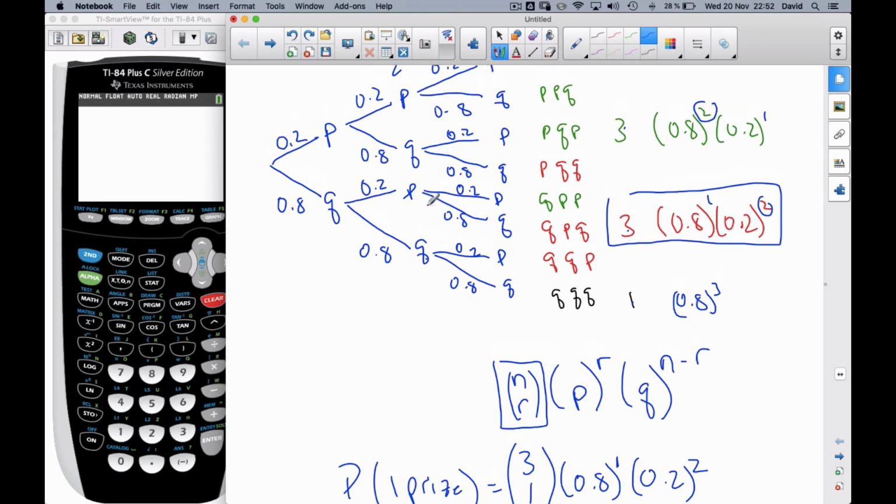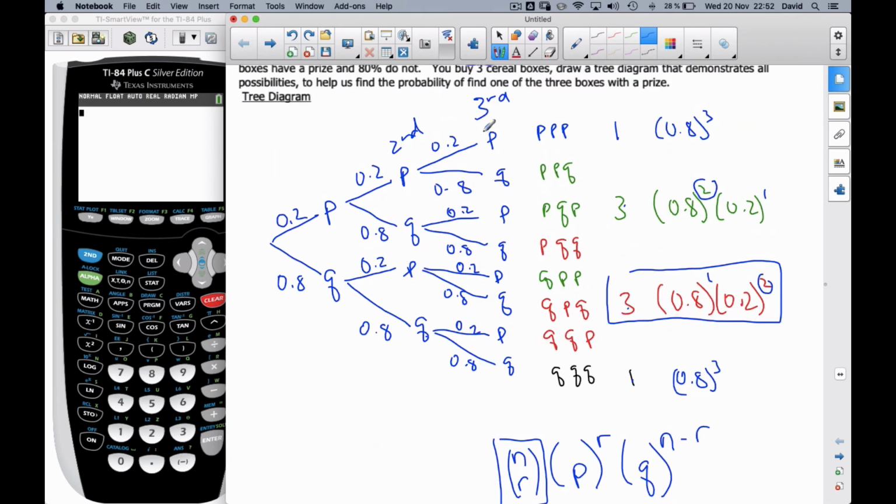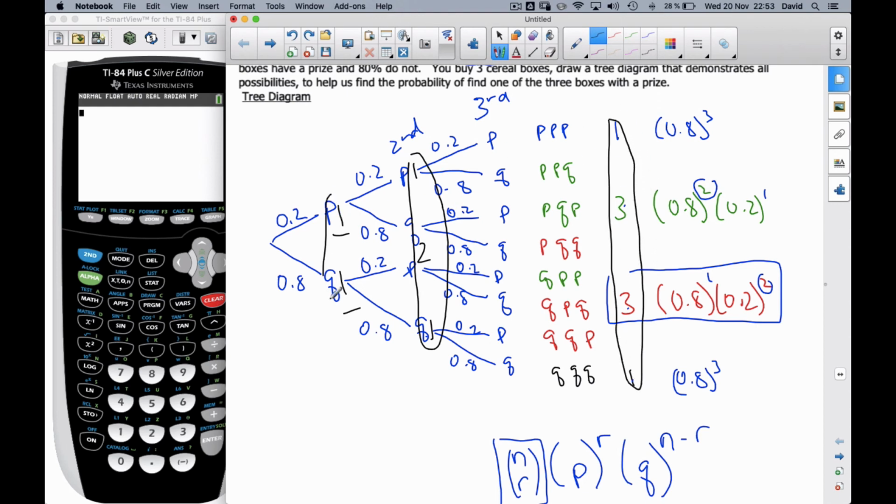okay, to get that number here, if I consider going to the 2nd row here, this was success, success, there was 1 way to do that. Success, fail, fail, 1 way to do that. This is success, fail, success, fail. There's 2 ways to do that. Here it was 1 and 1. And so if I start to look at these numbers, 1, 2, 1, 1, 3, 3, 1, 1, 1,